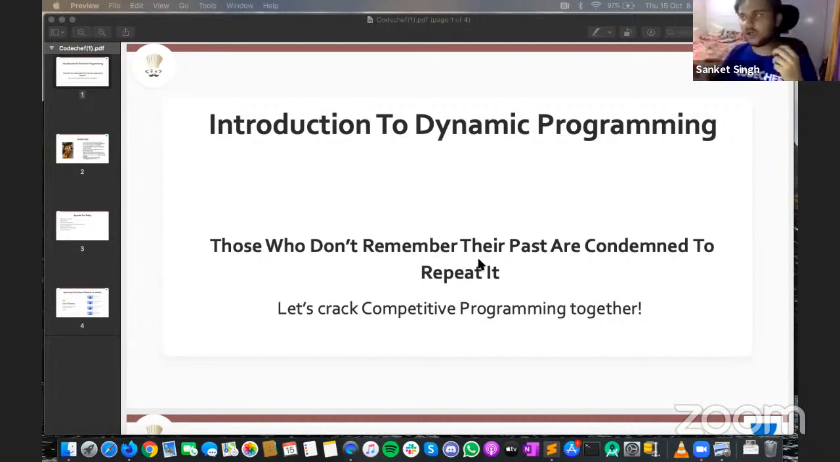So there's a very famous quote. I guess everyone would have already heard about it. That those who don't remember their past are condemned to repeat it, right? We will see what exactly this phrase signifies, and we will see how you guys can use dynamic programming in your competitive programming contests and data structure and algorithmic problems. So without any further delay, let's just take a deep dive and try to master the concept of dynamic programming,